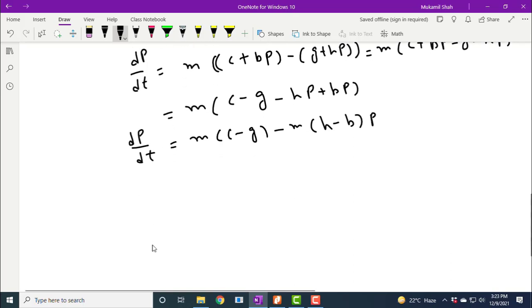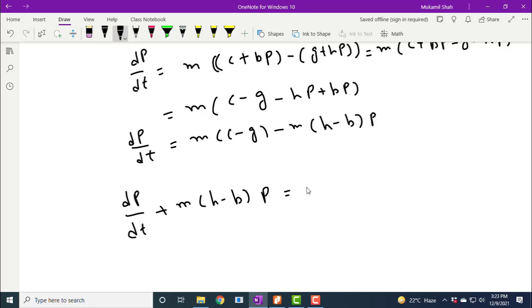Or if we shift it to the left hand side, then change in P due to change in time plus M times H minus B into P,